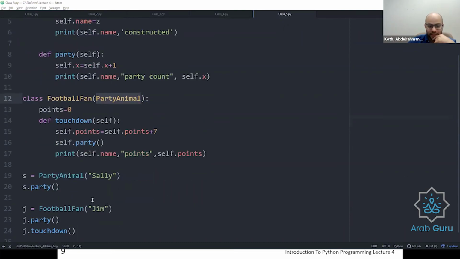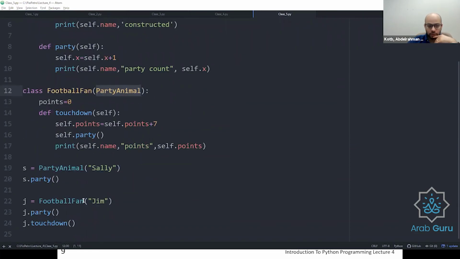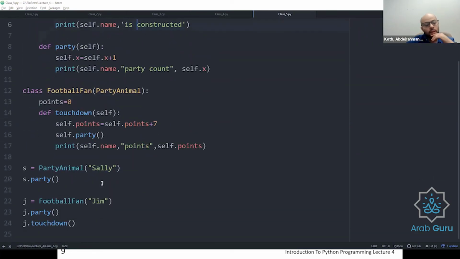So I should get Jim is construct. Then if I do J.party, you can look at football fan, there's no party here. However, because party animal is part of it, you go back to the class party and it's going to do the same. So okay, J.party, Jim party count is 1.